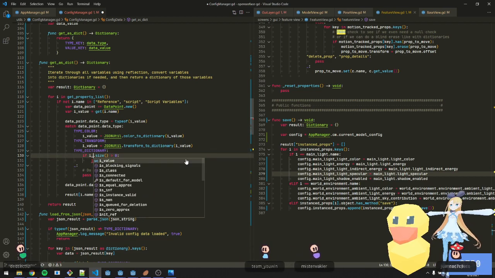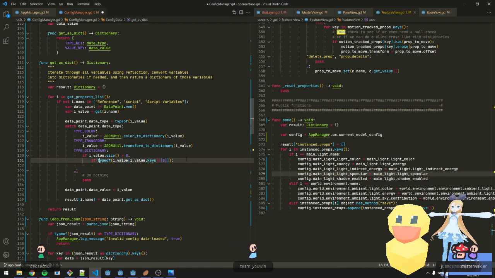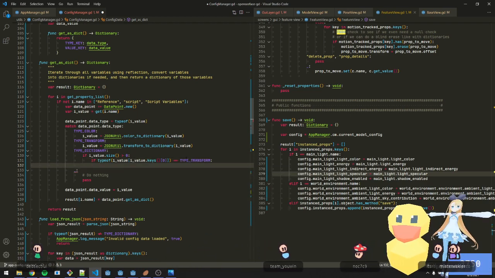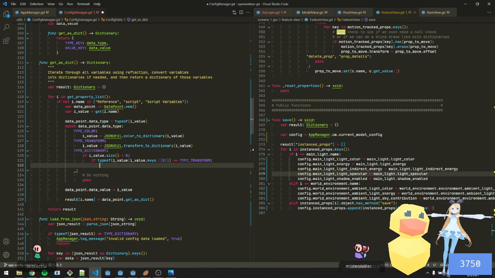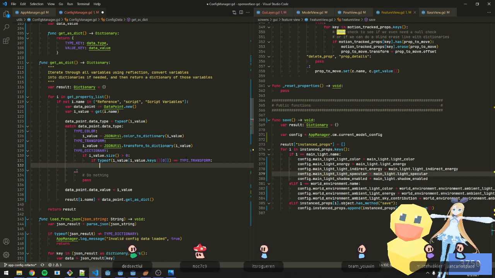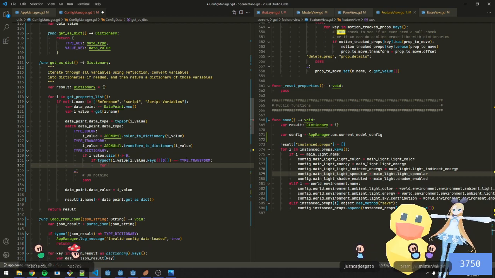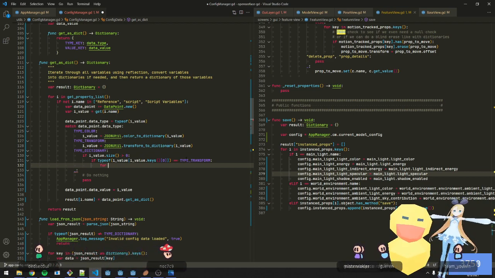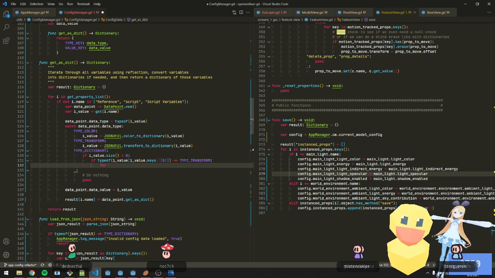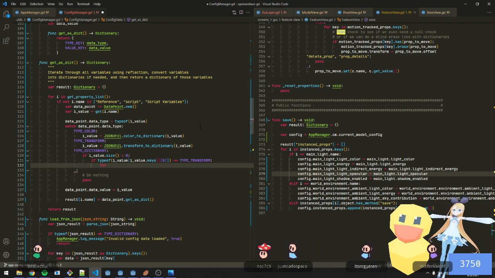It's kind of a weird way of doing it. So if the type is equal to type transform, then for each key inside of the dictionary of transforms, you want to do one of these transforms, or basically